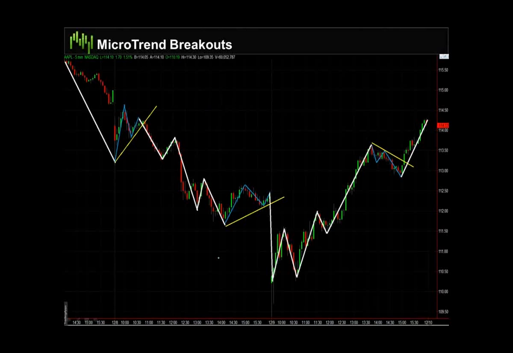All right, now here's another one. We have a higher low going right into the close, higher low within the context of overall downtrend. Now what happens here? We open the next morning and we gap through the floor, gap through that trend line. Please do not sell this, okay? Yes, it broke the micro trend, but the move already took place. If you're selling it this far down, you run the risk of this happening, a gap fill. We're only interested in taking those trades where we can get in 3-4 ticks after the trend line's broken. So if it gaps through it, leave it alone.